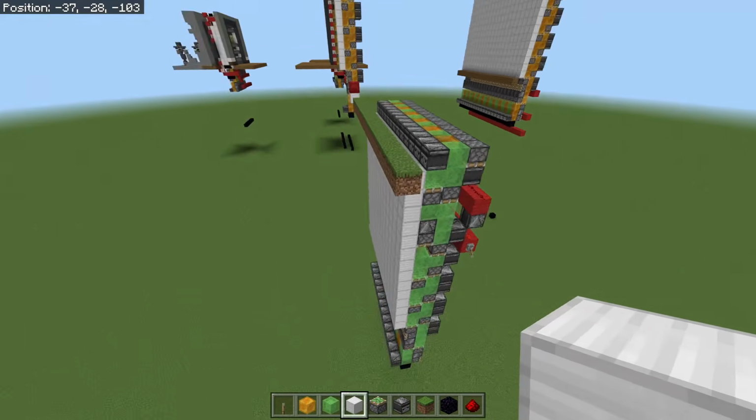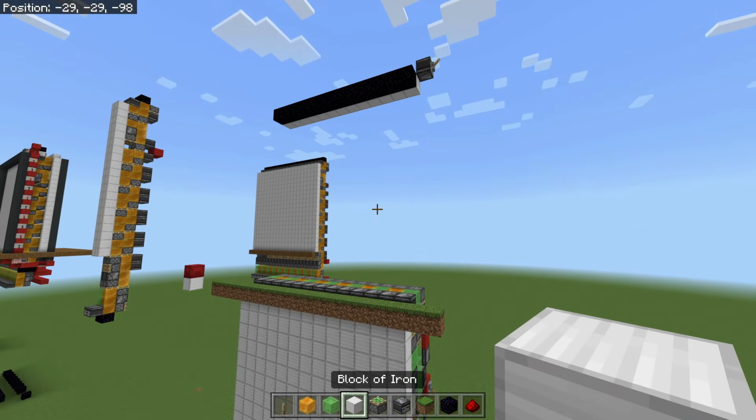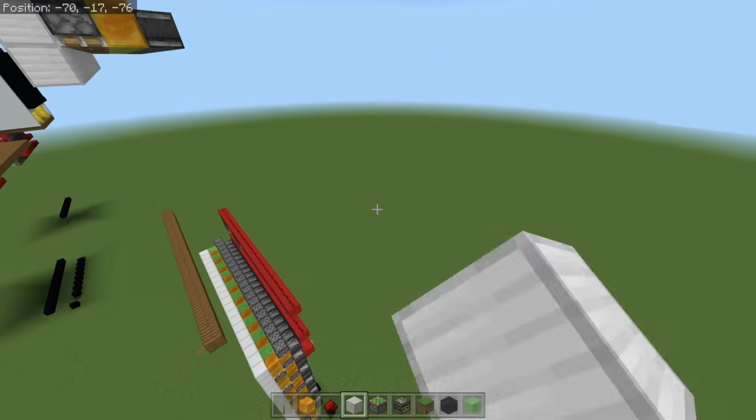Gotta make it annoying. But you can see, this thing's gone back to flush level. It's returned and the door is opened. That was your first initial test. And of course, for those of you who have a bigger door than 15 blocks, you're going to have to